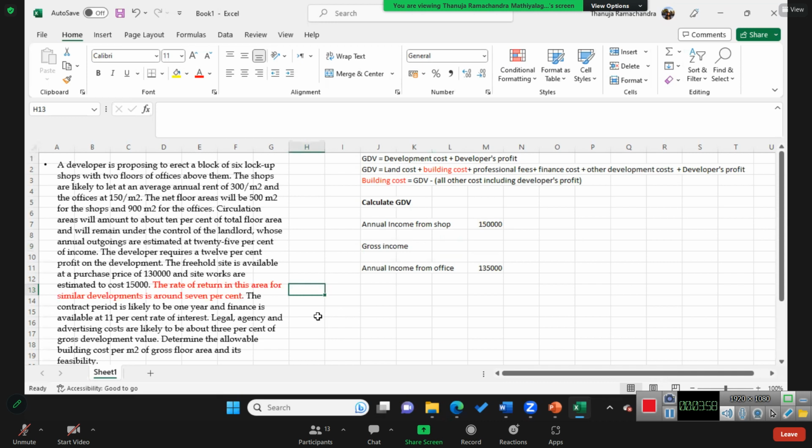So 7%, if it is given at perpetuity, then the total income for this will be net annual income into years purchase. Okay, so the years purchase will be